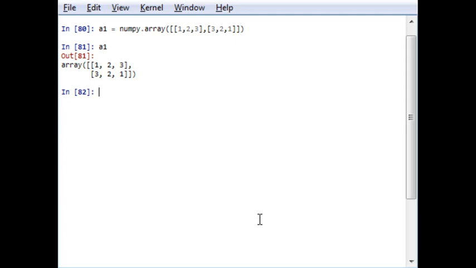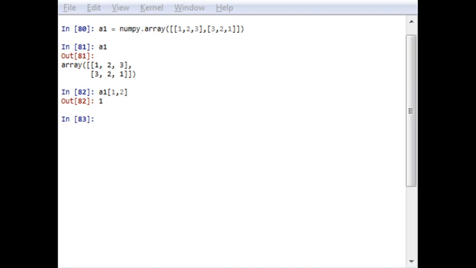So I will write A1 and bracket 1 comma 2. The first element indicates row and the second element indicates column. So it is 1, second row, third column. In this way we can select a particular element using index.